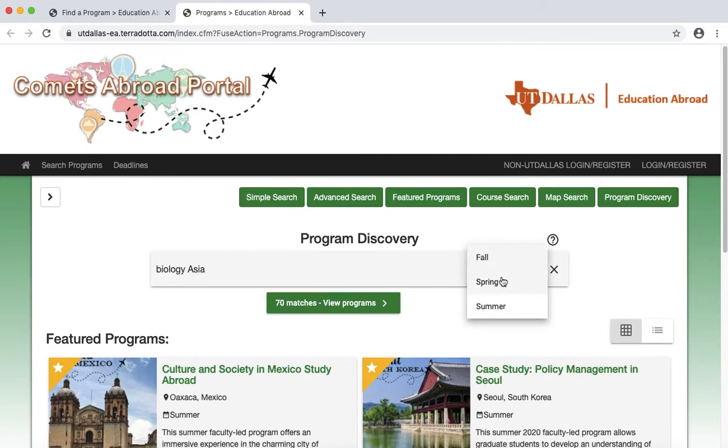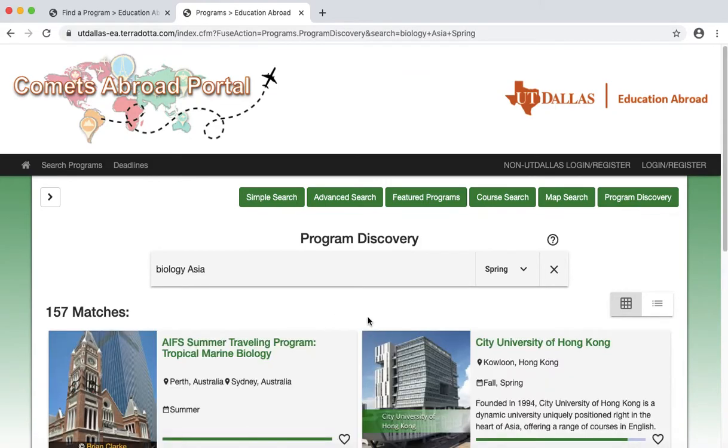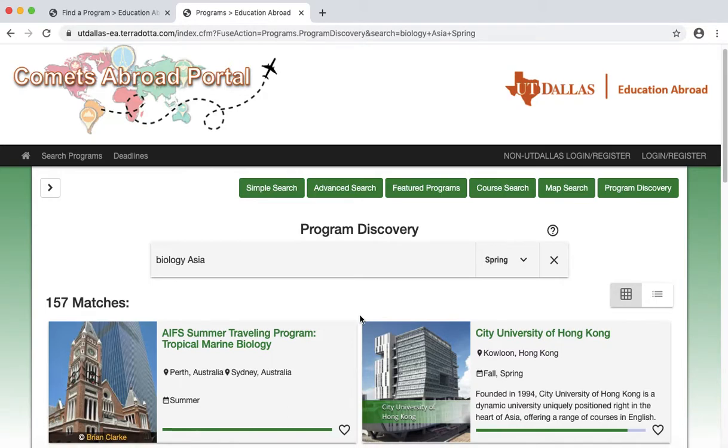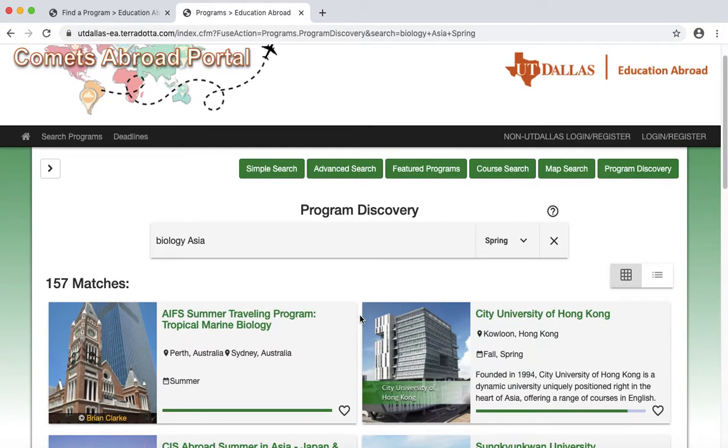Let's also say that I'm interested in going abroad in the spring. So I select spring from the drop-down menu. Now this is telling me how many matches I have. It says I have 157 program matches to look at. So I click this button and I'm taken to the list of programs, and I see individual tiles for each